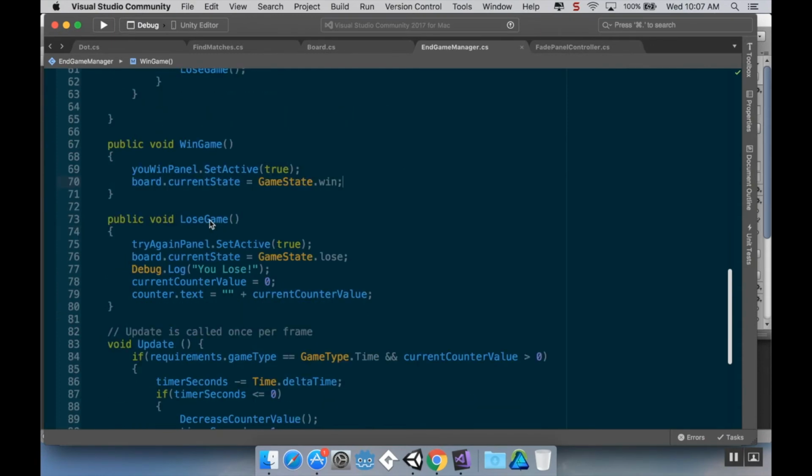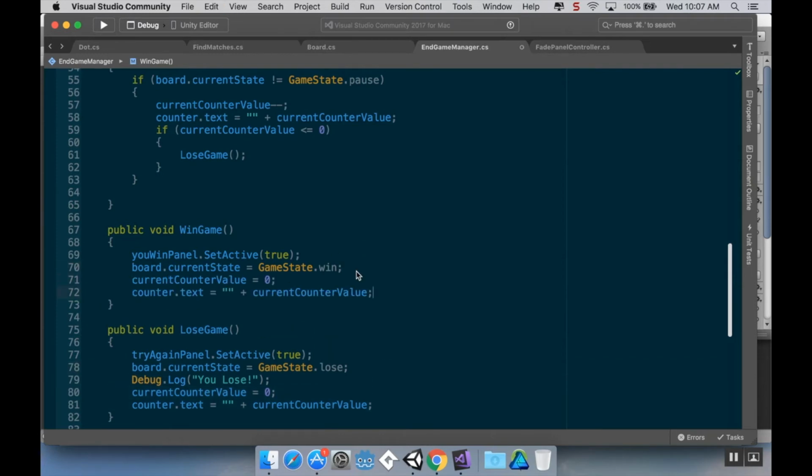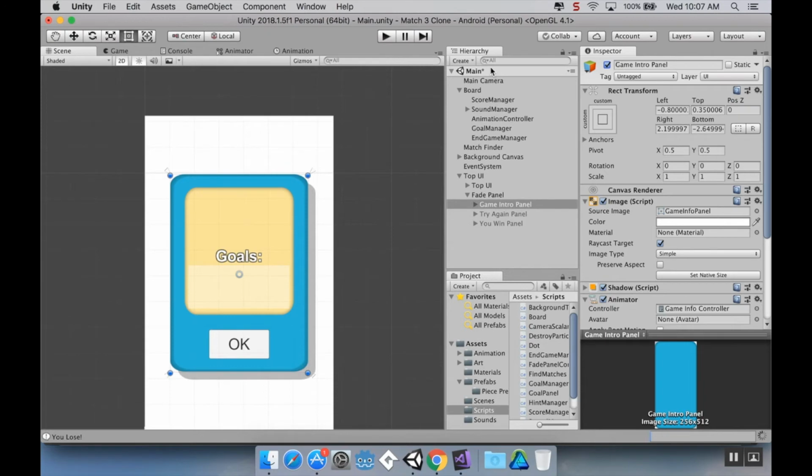And then I don't need to do this debug statement anymore. Well, I'll leave it there for the moment. And set the current counter value to 0 and the current text and all that. Set that back to 0. So I'll copy this and paste that there. All right, cool. I'm going to save this, pop back into Unity here, let it think for a second,